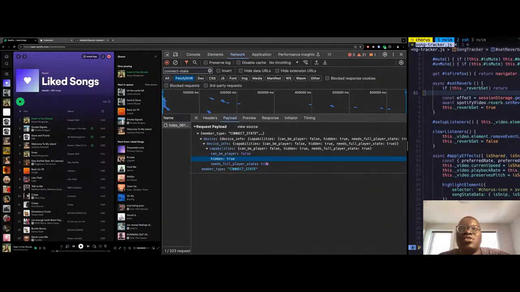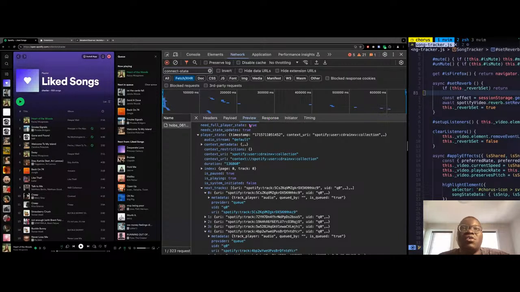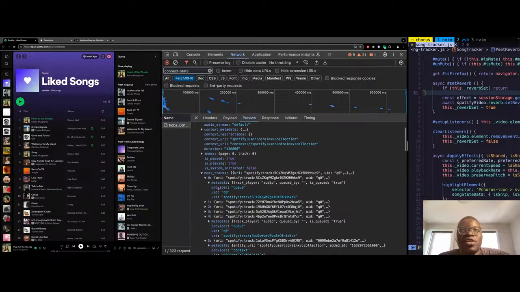Yeah, so we just copy this exact same thing. We send this and then we get a response. And then we only get next tracks. We get the entirety of next tracks, and then if we want to filter, we'll filter based on